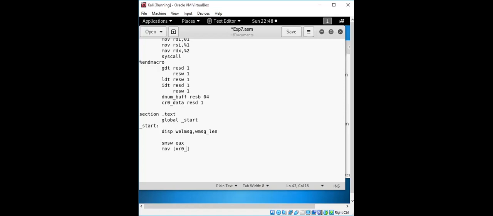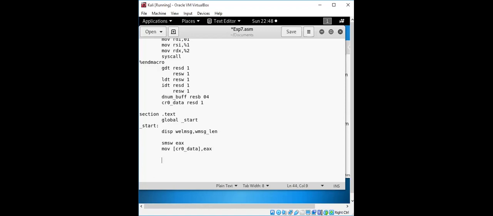We have taken one value, control register 0, and these values will be taken from EAX for further checking.